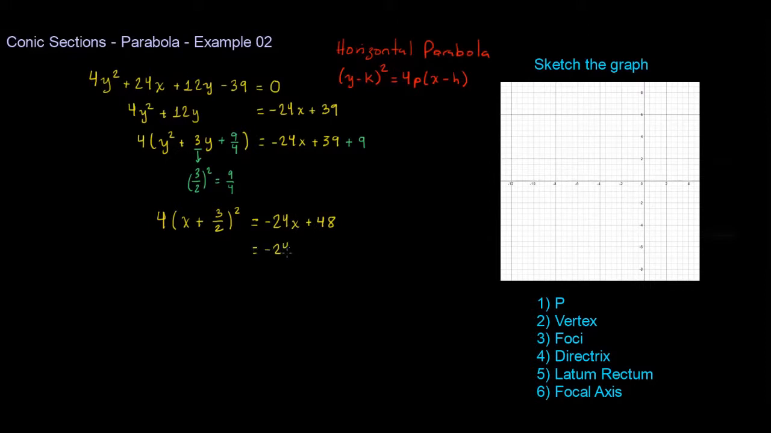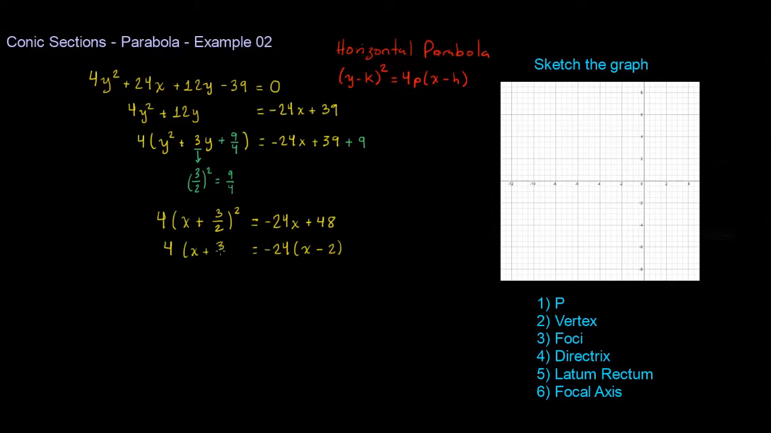It will be negative 24 times x minus 2. You multiply the negative 24 times the x, you will get this element. If you multiply the negative 24 times the negative 2, you will get in return this positive 48. Now on the left,